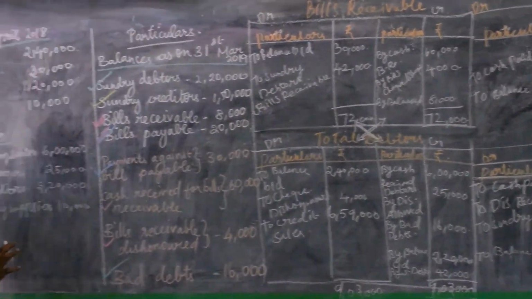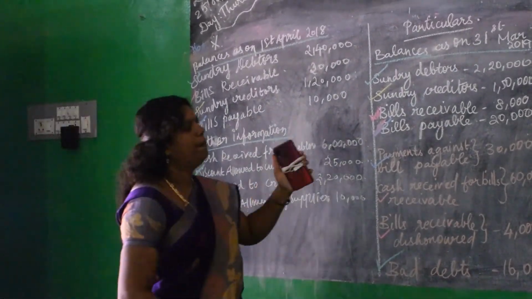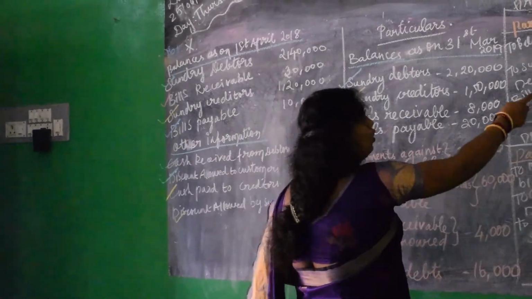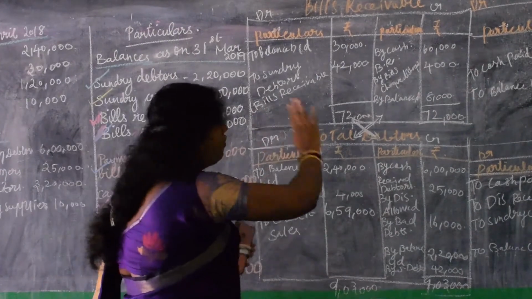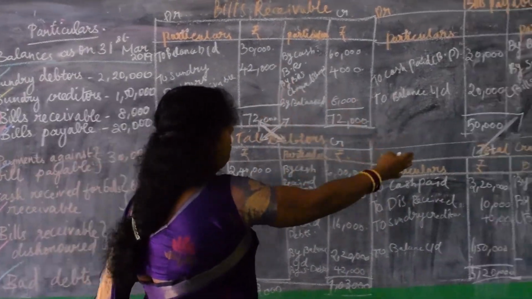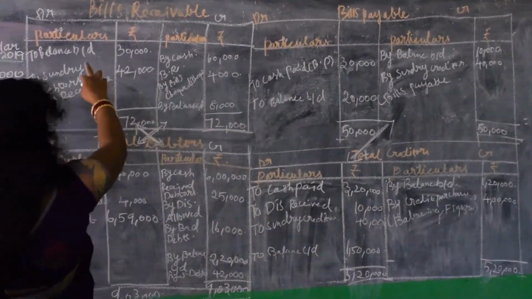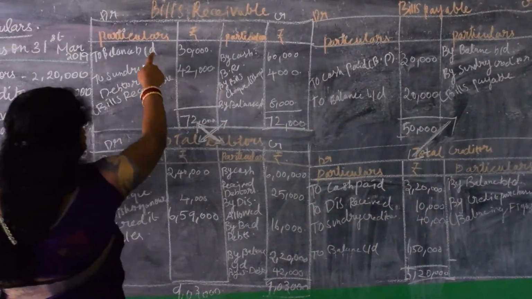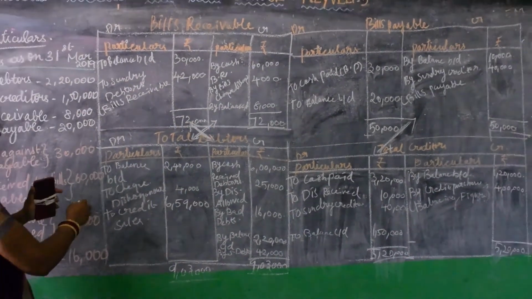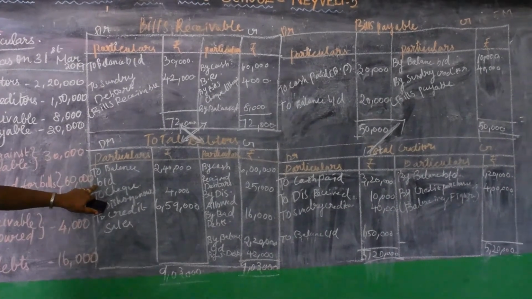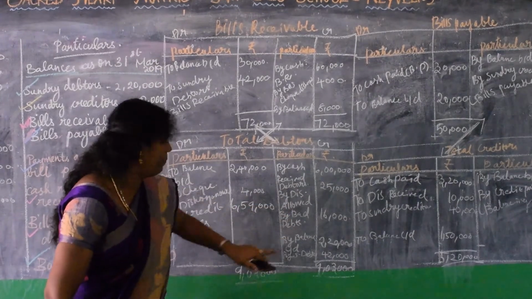So totally 4 items we are going to find out through the sum. That is bills receivable, total debtors, bills payable and total creditors. Look at the format. The same format for the bills receivable and total debtors. The reverse procedure of the bills receivable is bills payable, and the reverse procedure of the total debtors is total creditors. Here you write the opening balances, closing balances. Opening balances will be on the debit side, closing balances on the credit side. Total debtors also you can check it out. Opening balance in the debit, closing balance in the credit. This cash received from the debtors, discount allowed, bad debts.